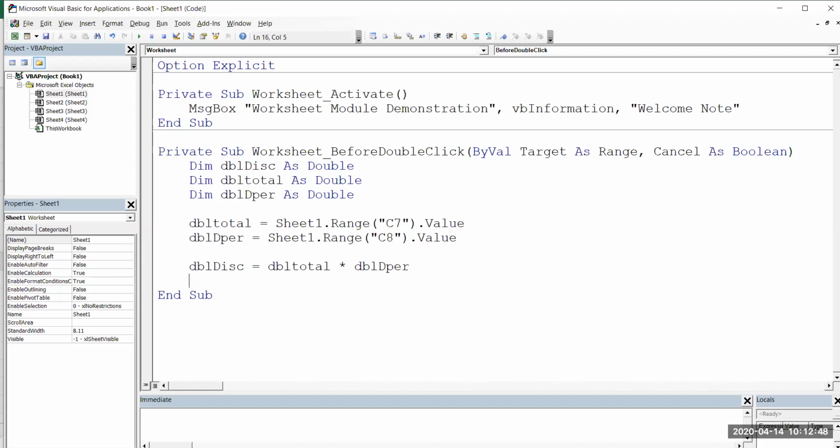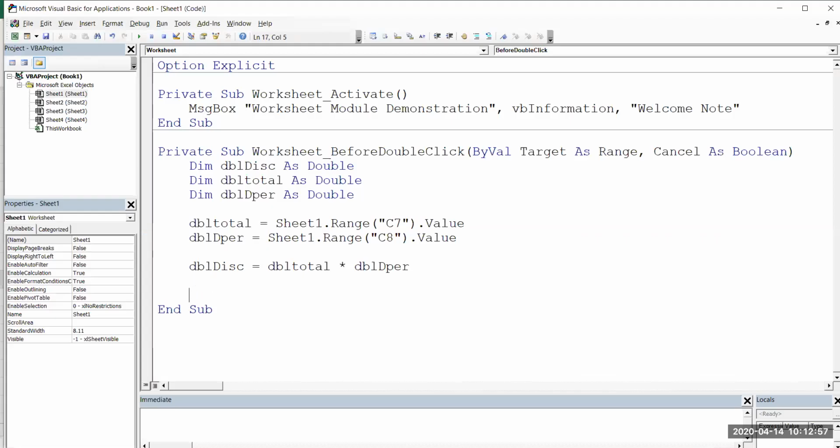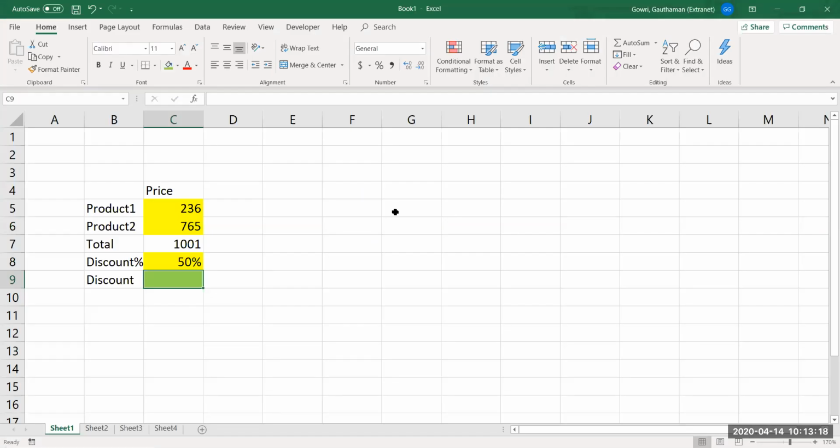After I get this, it has to be printed in that cell. So which cell? It is C9. So I'll say sheet 1 range of C9 dot value should be equal to whatever is stored in the discount amount. Now let's see if it is working. Now I double click on this. You get to see it has